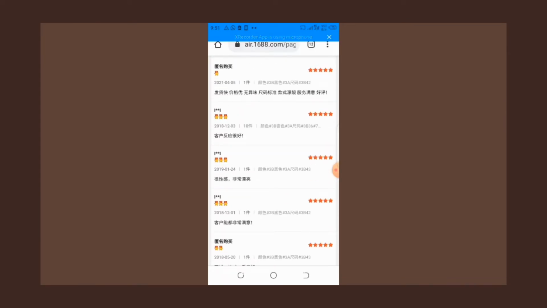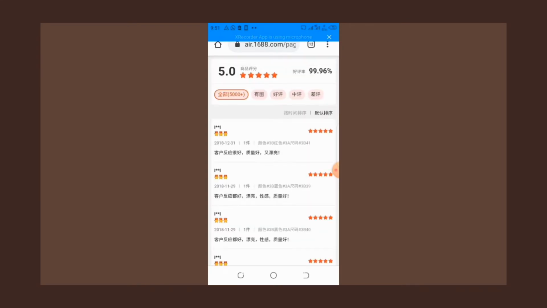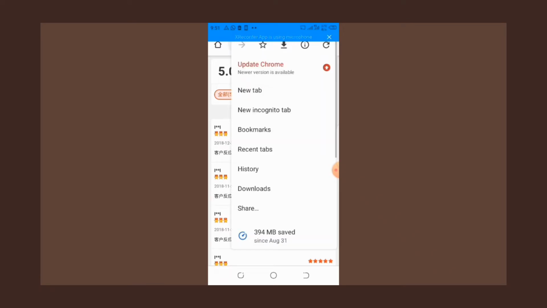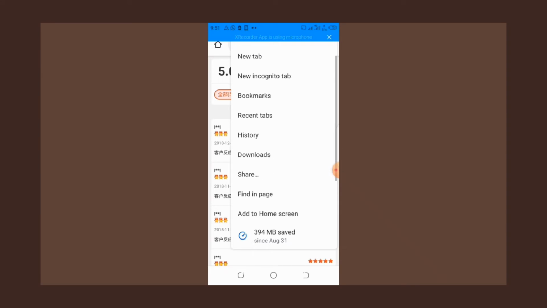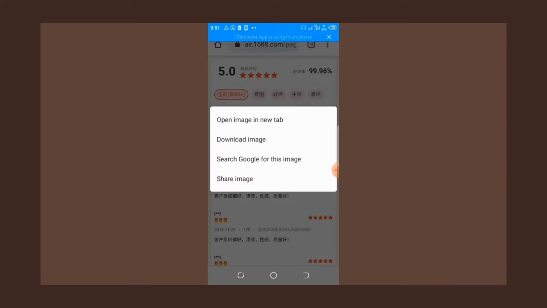I want to know actually what these people that bought before are saying before I choose, okay, let me give it a try. So how do I know what they are saying? Because I can't translate this. Look at this here. I can't translate from here. Usually what I normally do is to copy these things, just copy them out, copy from A to Z.